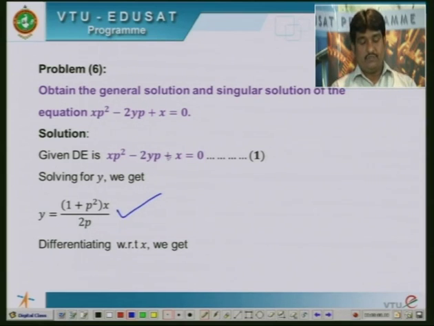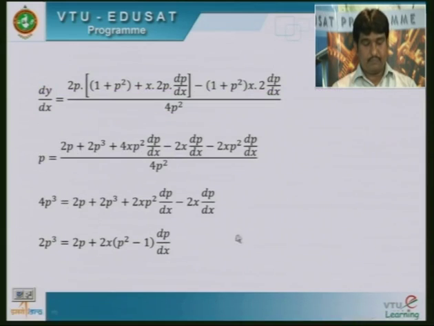You can transfer this to RHS and express this equation in terms of y as y equals (1 plus p square) into x divided by 2p. Now differentiate this equation with respect to x. We get dy by dx equals